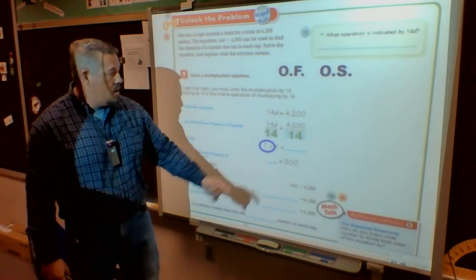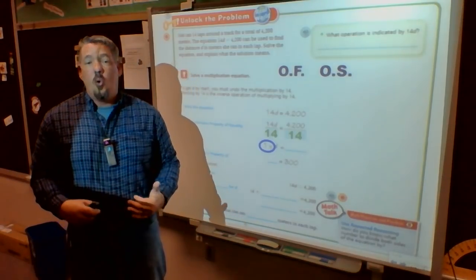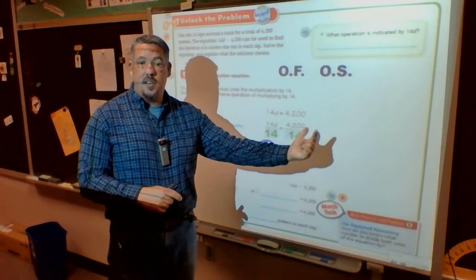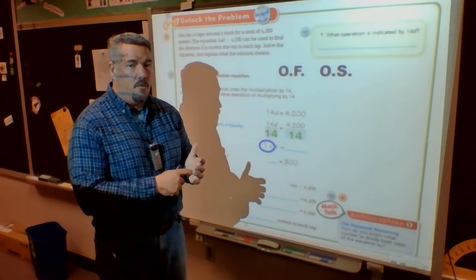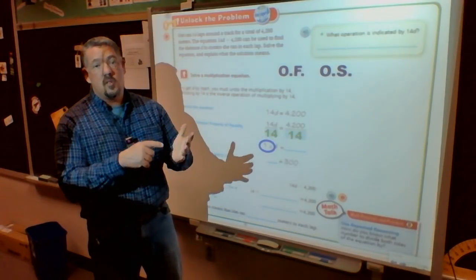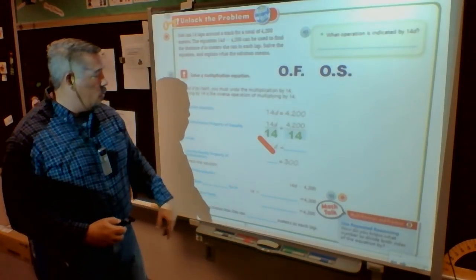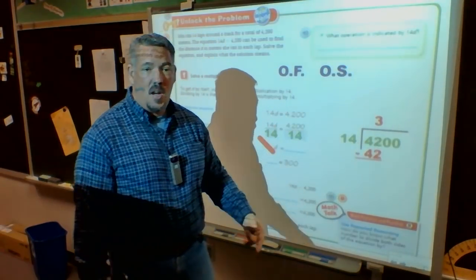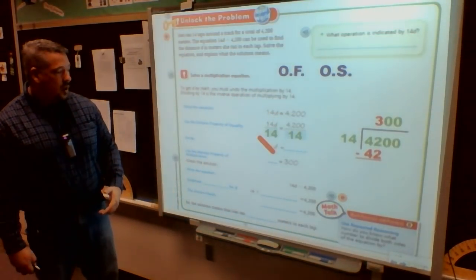When I do the math, 4,200 divided by 14, I have to know which one goes inside my division box, or which one I type into my handy-dandy calculator first. In a division sentence, going across, the first number gets entered inside the box or entered into my calculator first. When it's in fraction form, the top number goes inside the box or goes inside the calculator first. 4,200 divided by 14, once again I drop the 1. When I divide it out, I get 14 goes into 42 3 times, and then when I have my zeros, I just bring them up. So I know that my answer is 300.